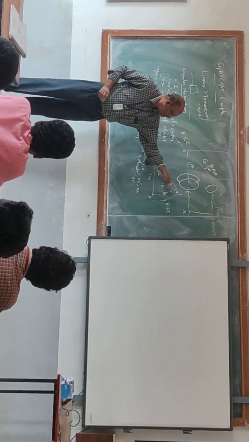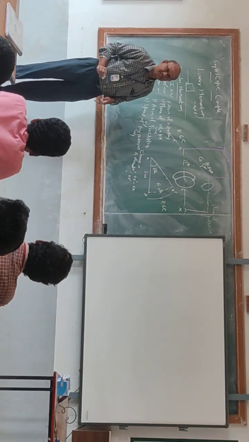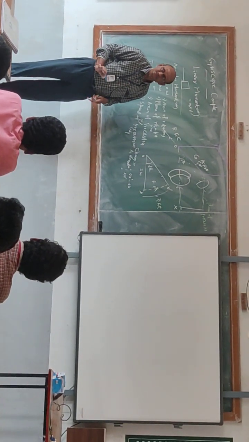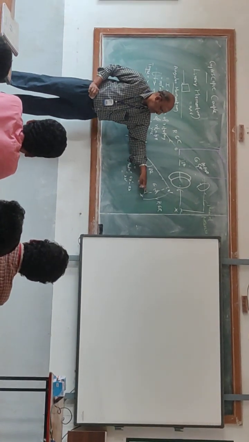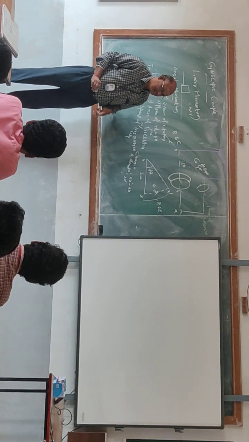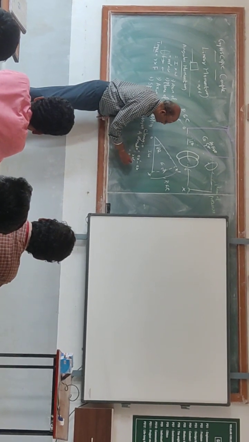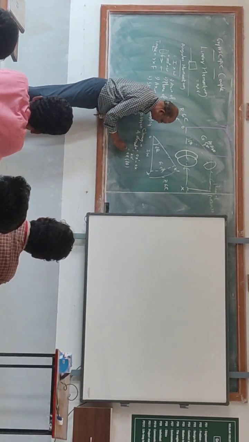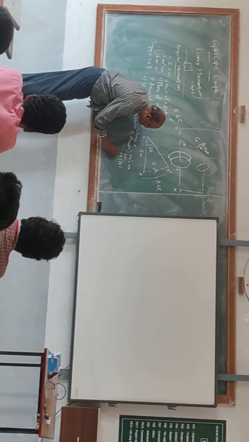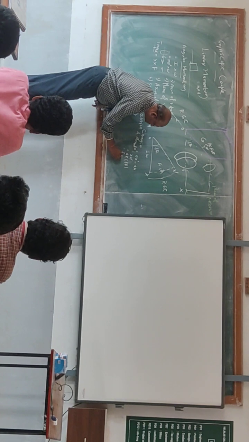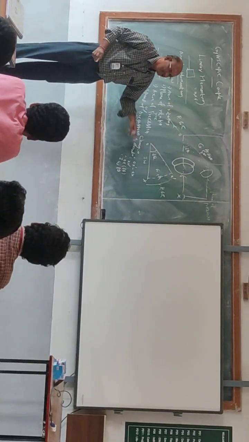Now the arc XX dash is the length of the arc. What is the formula for the length of the arc in a circular sector? The radius of rotation times the angle subtended between the two extreme positions. So the radius is OX, and the angle is del theta in radians. What is OX? It is I omega. So the change in angular momentum is I omega del theta.